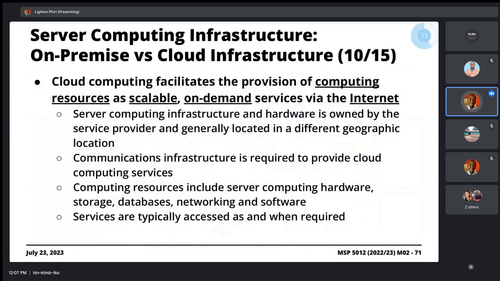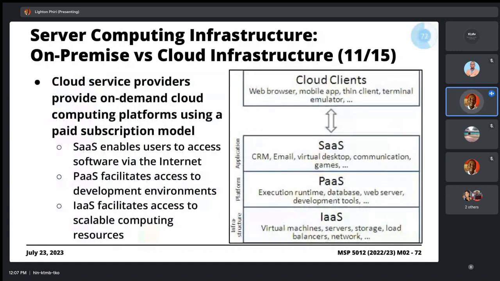We spent a great deal of time explaining the three different types of cloud computing offering. Software as a service, where what you're renting is essentially the application itself. Then platform as a service, where you are renting the deployment environment. And then you have infrastructure as a service.